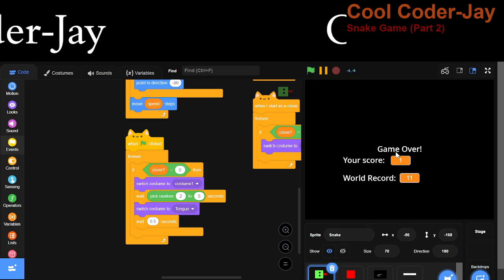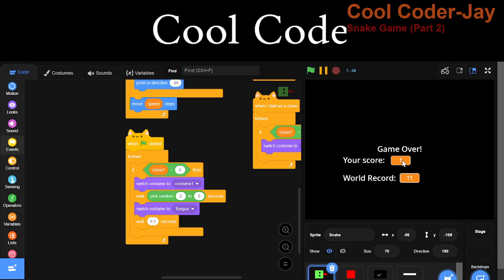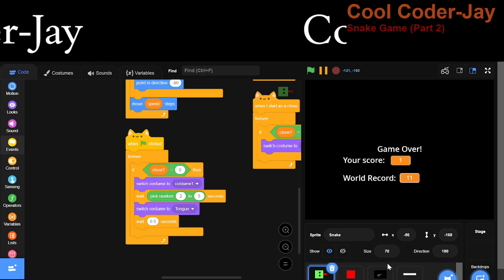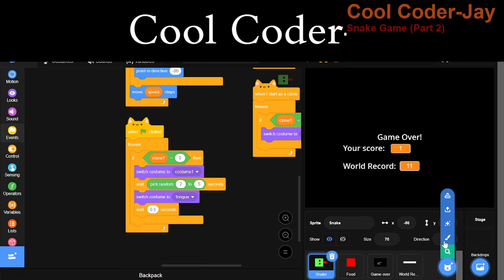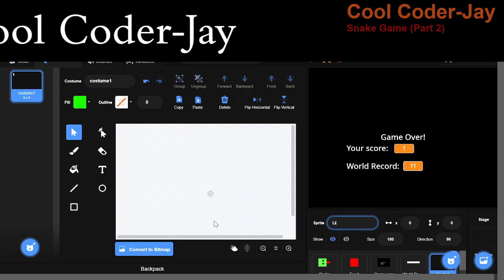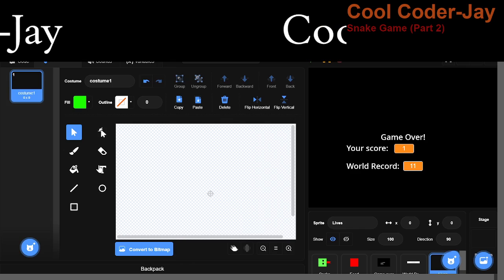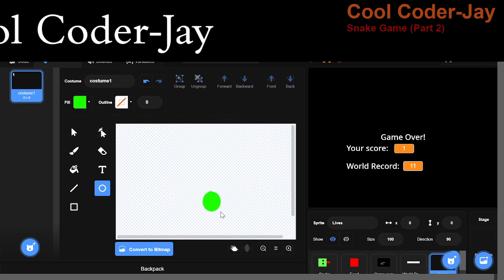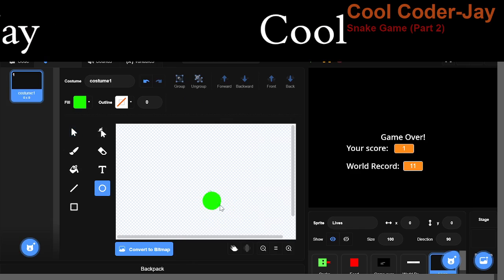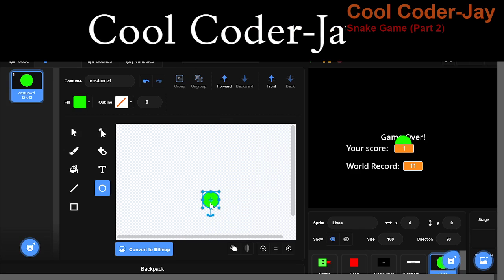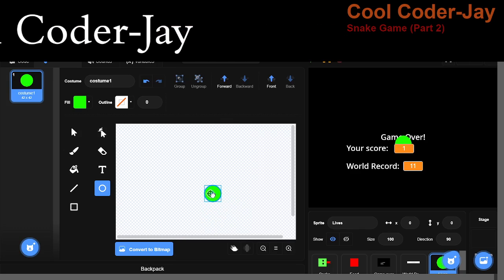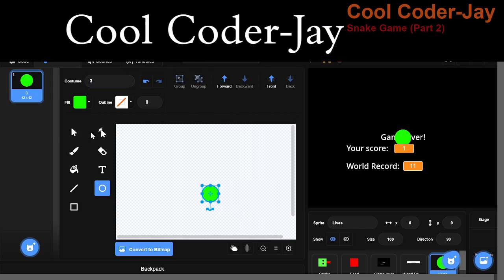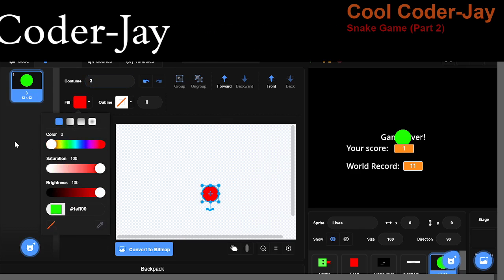So we have our world record and score which we saw in the last episode. Now we are going to see about the snake collisions. For that, we are going to make another sprite which is our live sprite. And I am going to draw 3 hearts here. To do that, make a perfect circle. Make sure it is in the center, and rename it to 3. Fill color to red.